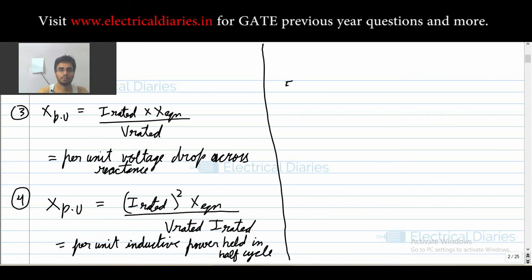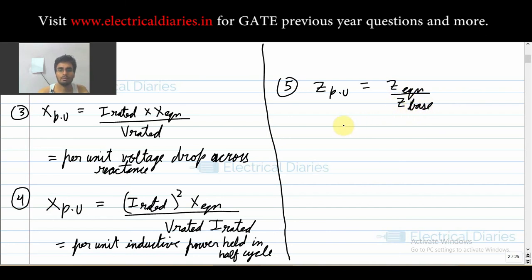Similarly, you can also think for Z per unit. So these are the ways that Z per unit or X per unit or R per unit is given to you, and from those you have to derive the voltage regulation. Many questions have been formed on these things. So Z equivalent by Z base.